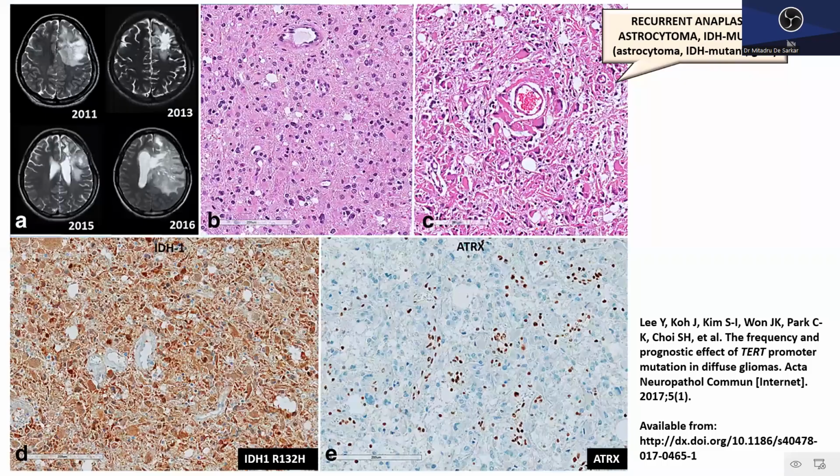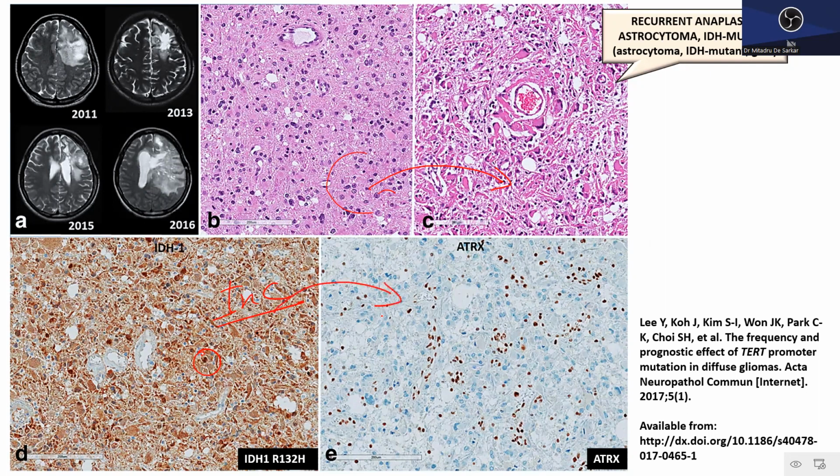So in this particular case, the initial diagnosis was a grade 2 astrocytoma, which recurred over a period of years, and then the genetics and the IHC analysis was done. So you see that there is a positivity of the IDH protein, this mutated IDH protein. The positivity is usually in a nuclear and a cytoplasmic pattern. So the expression is present both in the nucleus and the cytoplasm. So the presence of IDH1 R132H IHC positivity shows that there is a mutation within the IDH gene,